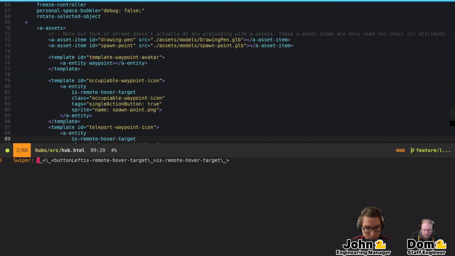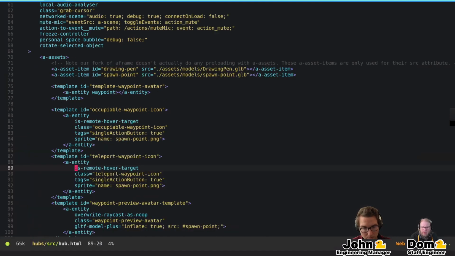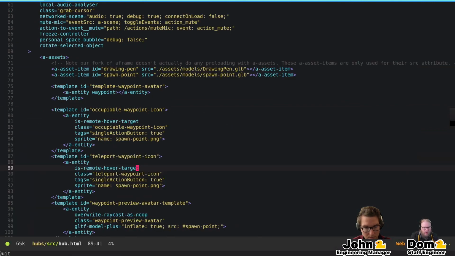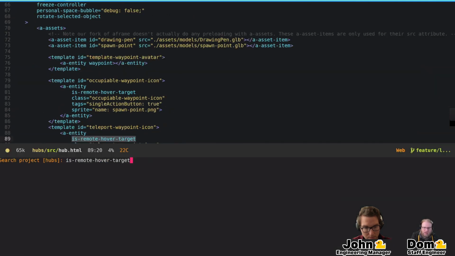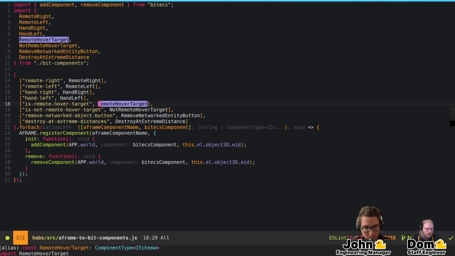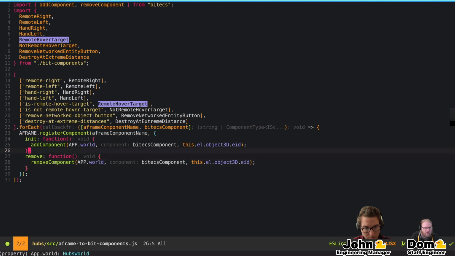So the hovering system and whatnot is just concerned with bitECS. It doesn't know anything about A-frame. But you can still make your A-frame entities work with this little proxy component we have. All this component does is, when you add this component, it adds the bitECS component, and when you remove that component, it removes the bitECS component. You can see that implementation right there is the entire implementation of the A-frame component. And so you can still bridge your existing A-frame code into bitECS land, and kind of the